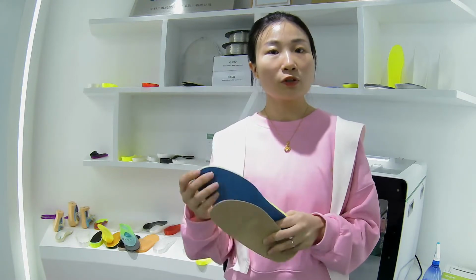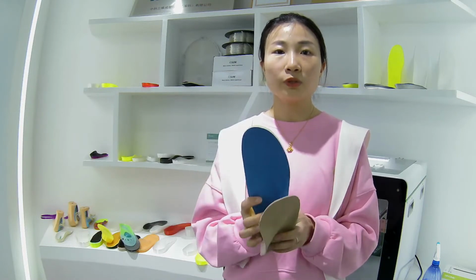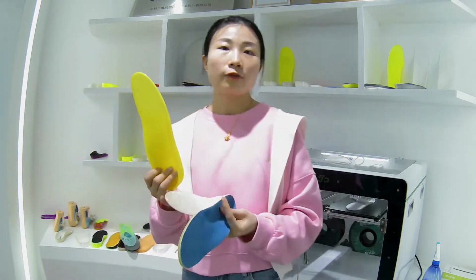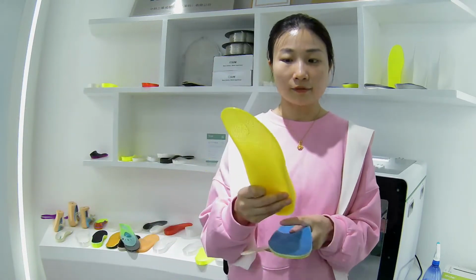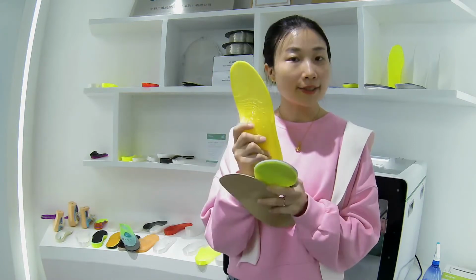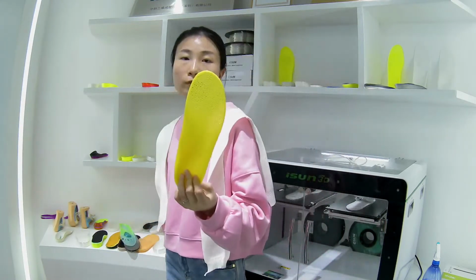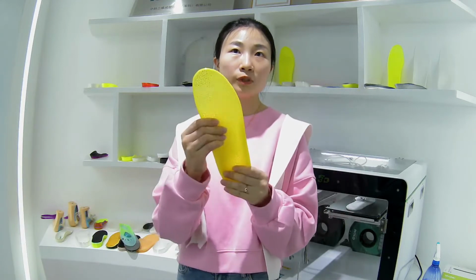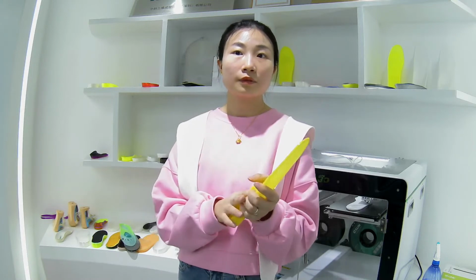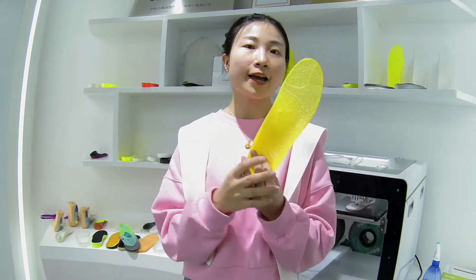Okay, so many customers also will ask what kinds of materials we use to print. Actually, after our many years of testing and clinic work, the TPU material is the most suitable filament for the printing. Yes, so you can see because it has high